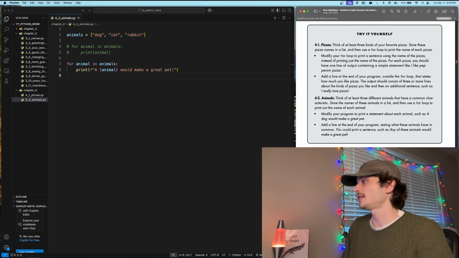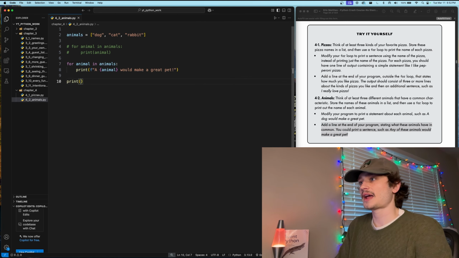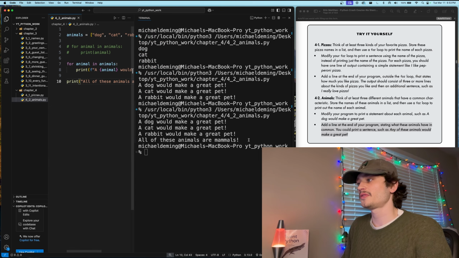great pet. And lastly, it wants us to add a line at the end of the program stating what these animals have in common. You could print a sentence, any of these animals would make a great pet. Let's call a print statement outside of the for loop. Notice how this print is no longer nested within the loop and will be printed after the loop ceases or finishes. Inside of our print call, let's insert an f-string and say all of these animals are mammals. Because all these animals are some of our furry friends, we can consider these to be mammals and display that all of these animals are mammals